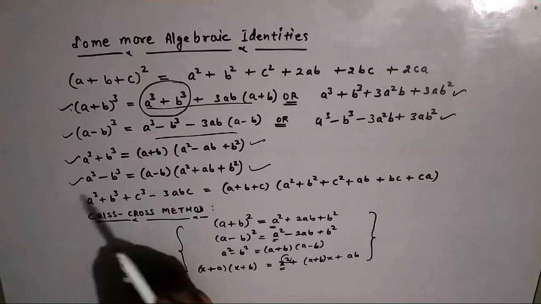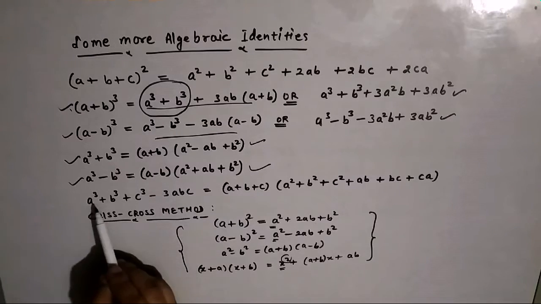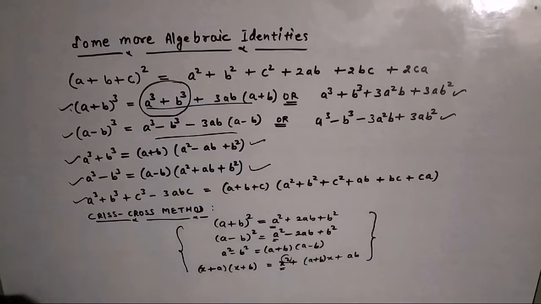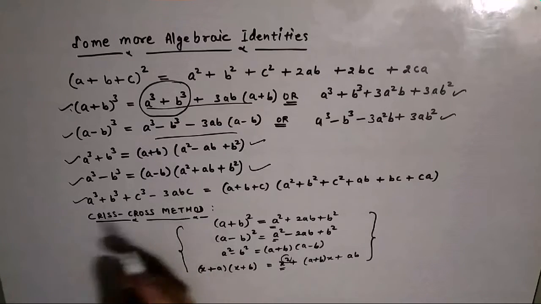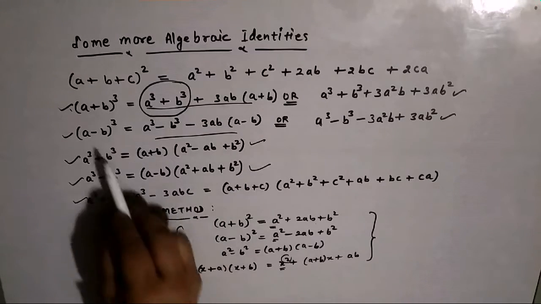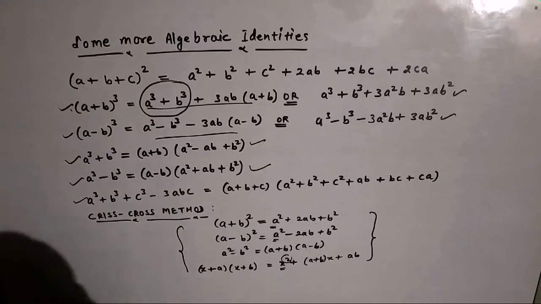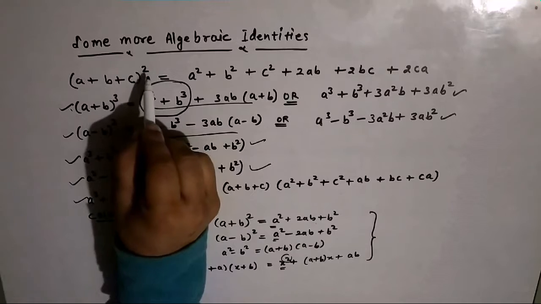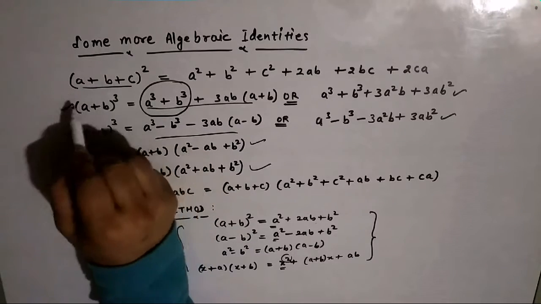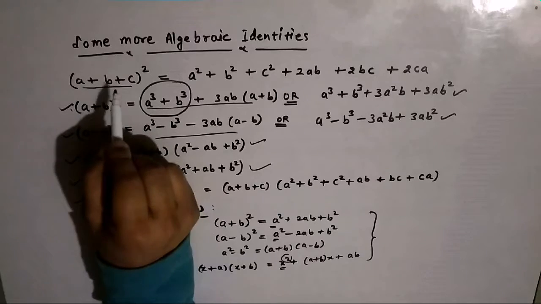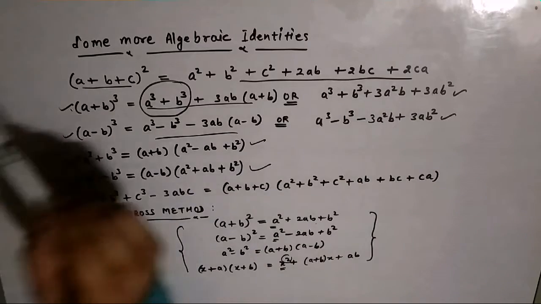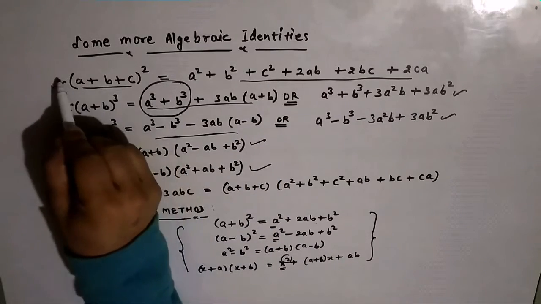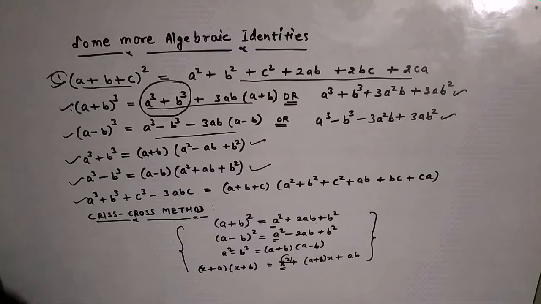And then if there are three terms in the cubic expression, that is the last identity I have written here, and it can be extended up to power 4, 5 and so on, but we are not interested right now. We will see these identities and do some questions on that. There was also an expression for the quadratic case, but here the terms are a, b and c. It's not limited to a plus b, but a plus b plus c, whole square, and that can be extended like this. In the last lecture I also covered the physical interpretation of the first quantity here, a plus b plus c whole square. So let us do some questions, but before